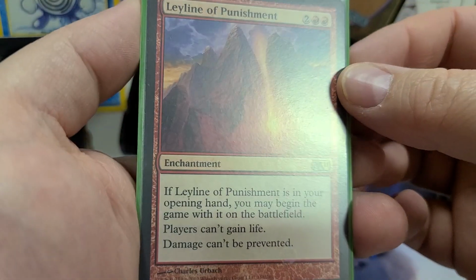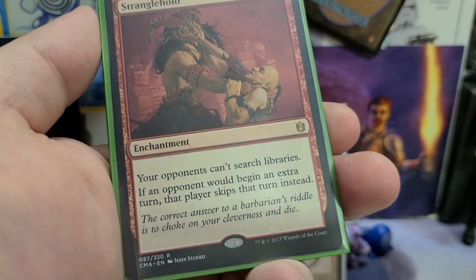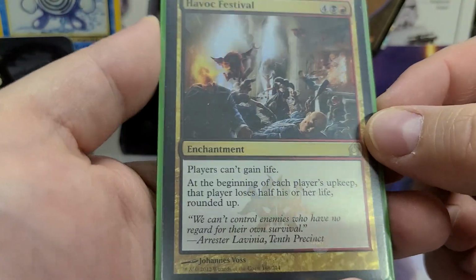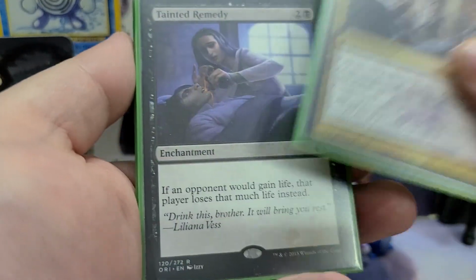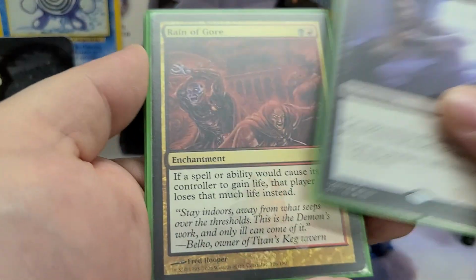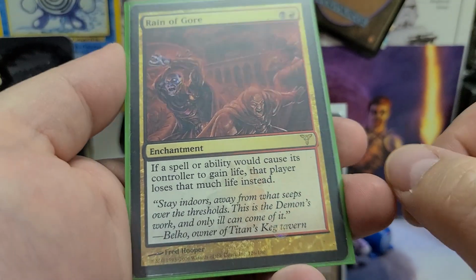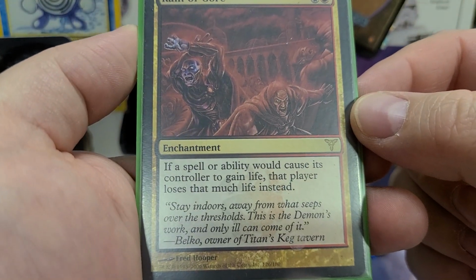We go back to some more chaos effects where players can't gain life, damage can't be prevented, opponents can't search libraries, if they would play an extra turn, they skip it, and at the beginning of each upkeep, they lose half their life, rounded up. A lot of fun with this Havoc Festival, man. I love that card. When an opponent would gain life, the player loses that much life instead. If a spell or ability would cause the controller to gain life, that player loses that much life instead. And I think, if I'm not mistaken, that also includes lifelink, but not...